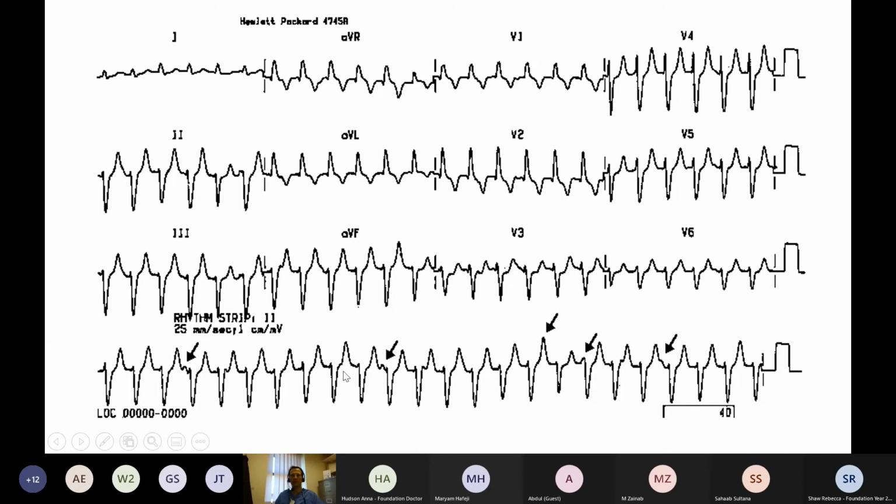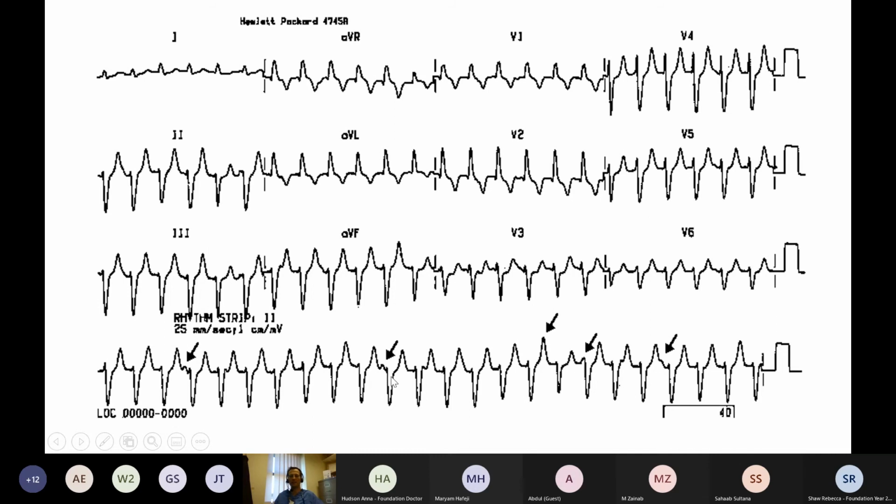And the other thing, can you see these dirty great arrows that point towards things that look remarkably like P waves? And if you mark out your ECG and then ratchet that along, you then start to see, oh, these T waves are suddenly getting bigger because there happens to be a P wave superimposed on the T wave. So you can see that there are P waves and that they're